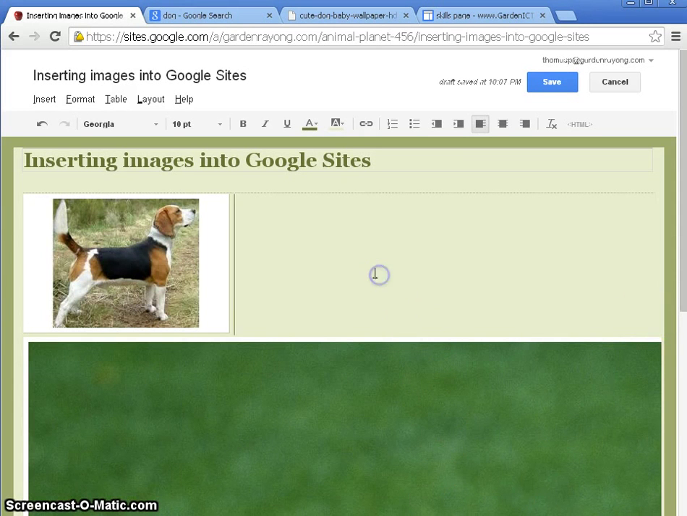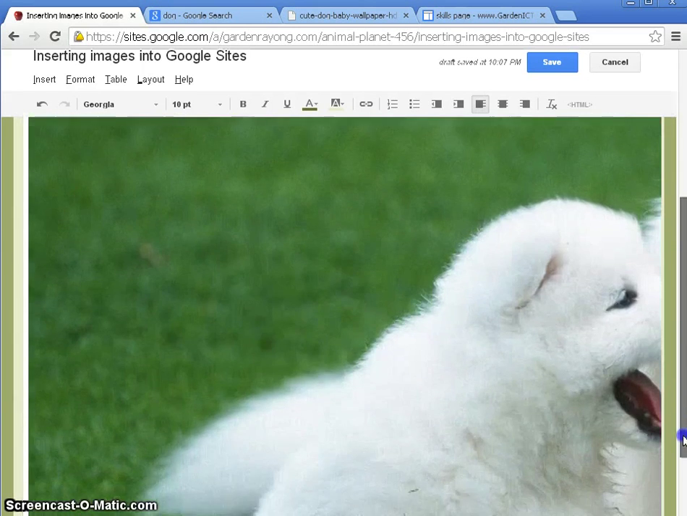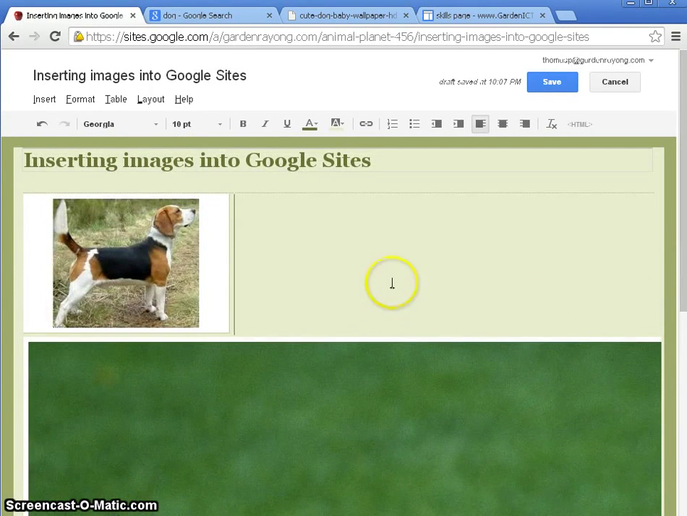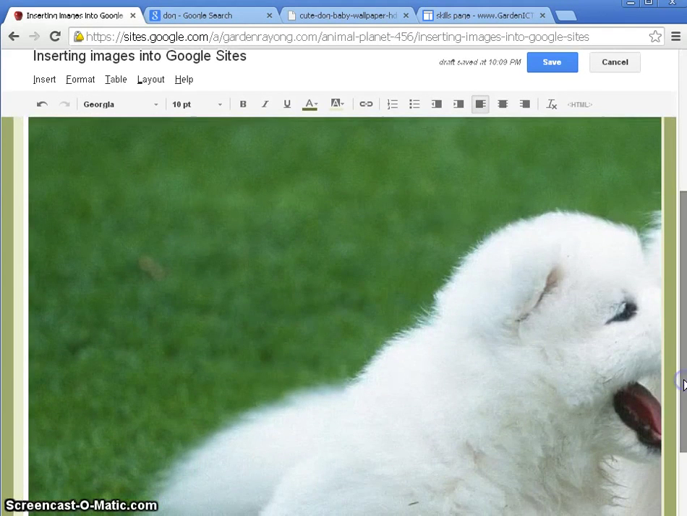Now we notice that the image of my beagle is much smaller and much more appropriately sized than the images of these two white dogs here. So first thing I want to do is make the picture of the white dogs much smaller. If I click on the image,